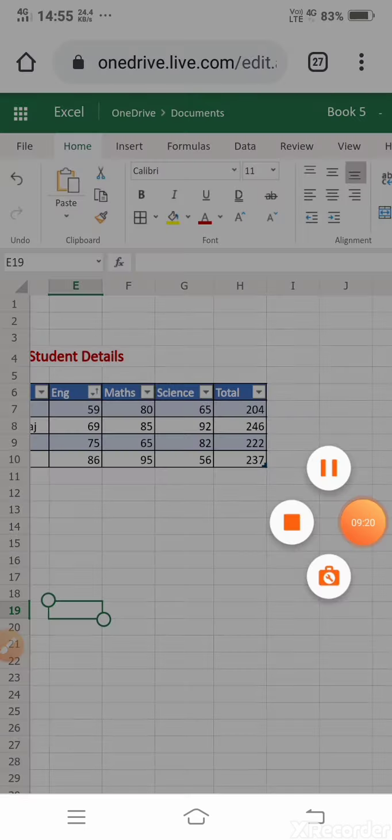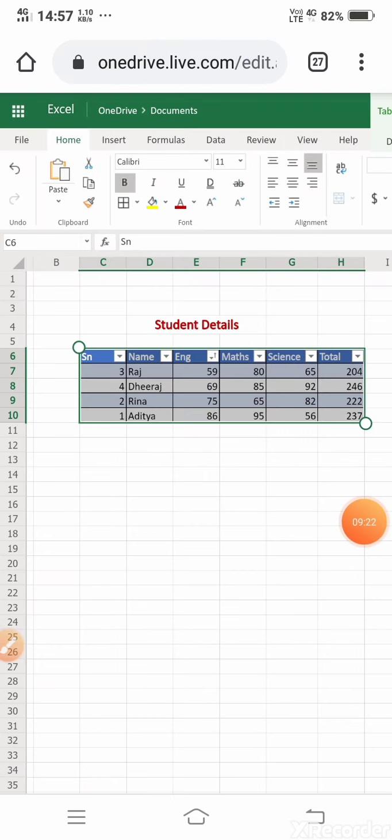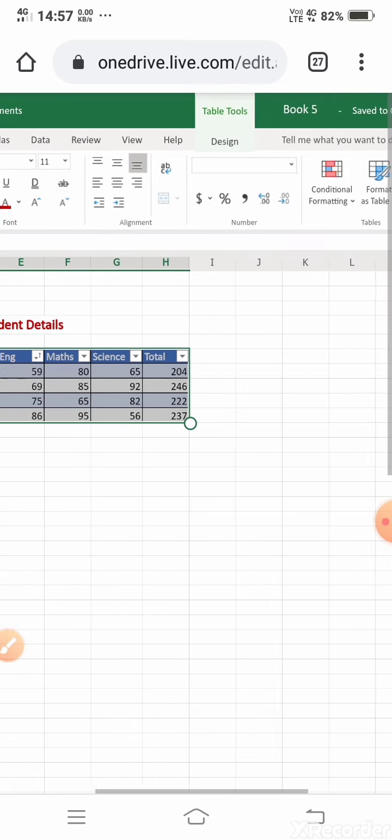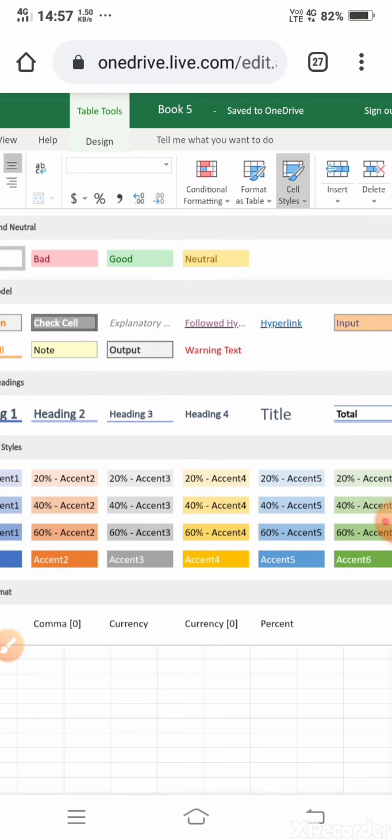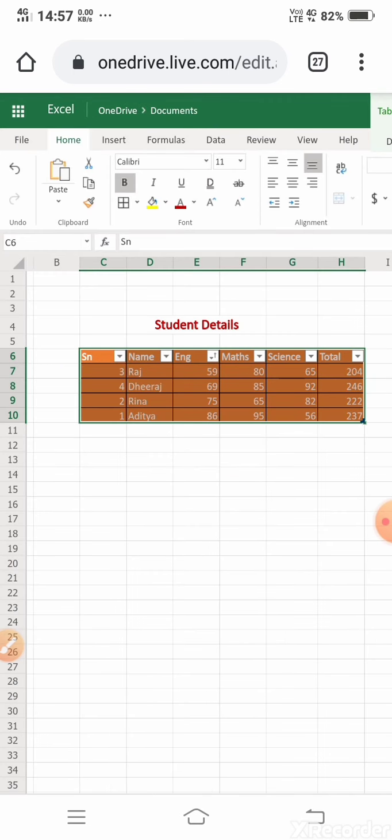This is the table, and again you can change the cell style, cell formatting, and table style. A design tab has appeared here. Go to the cell style option and choose any cell style. I am choosing this one. See, the cell style has changed.